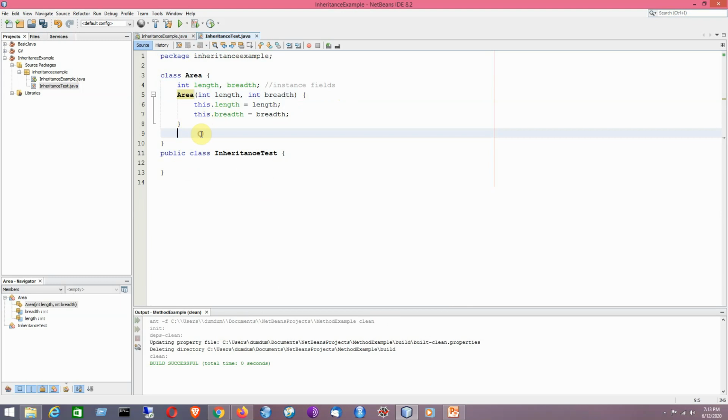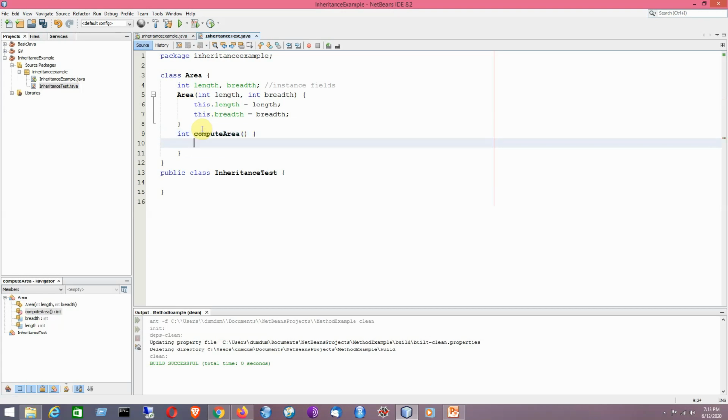Now I would like to create a method, an instance method, which will be used for calculating the area for this class named area. For example, the name of the instance method is computeArea.